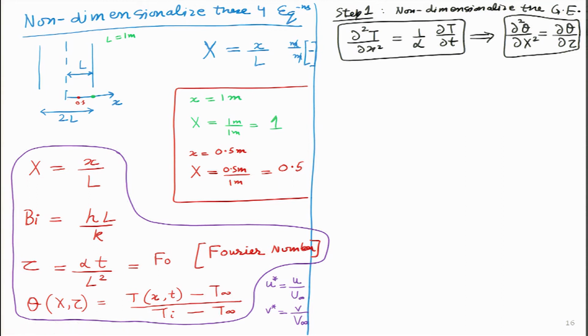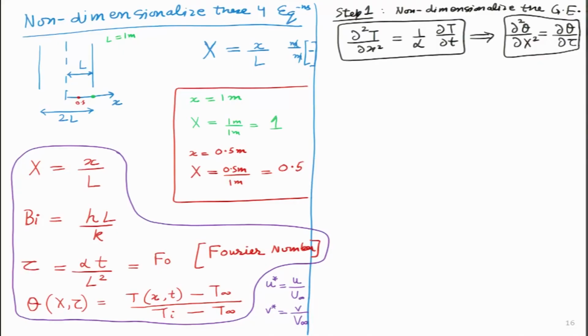So, it will be del theta divided over del tau. Maybe I will write it slightly better over here. So, this is del tau. Now, the question is, how did we jump from this equation from the dimensional form into the non-dimensional form? It is a slightly long procedure. Let me go ahead and do that, because it is very interesting. Once we learn the concept in a slightly slow way, we will be able to figure out how to do it many times on our own.